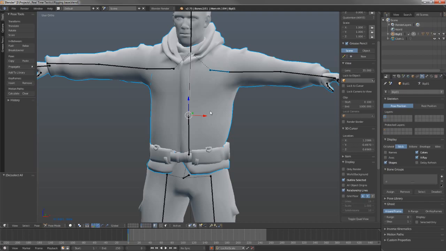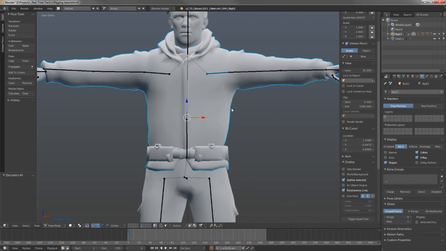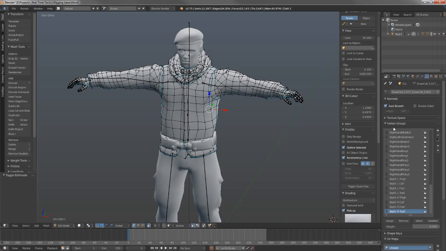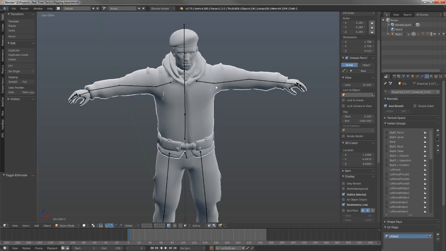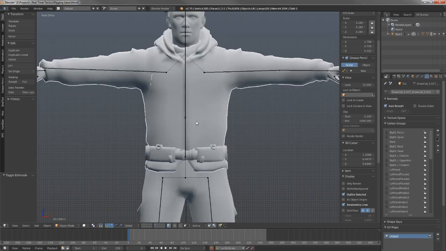So what I like to do, of course some people might like to do it differently, is assign set to parent with empty groups. So what that means is it assigns to this mesh the vertex groups for all our rigs. So it takes every bone and creates a new vertex group for every bone we have. The other way you usually see weight painted is when you actually do it with empty